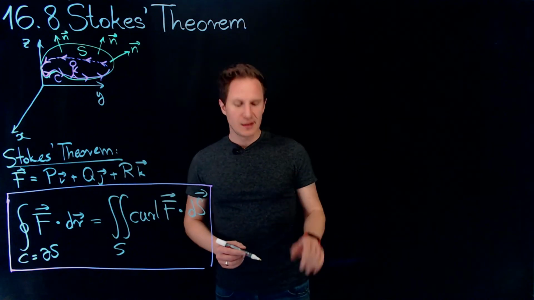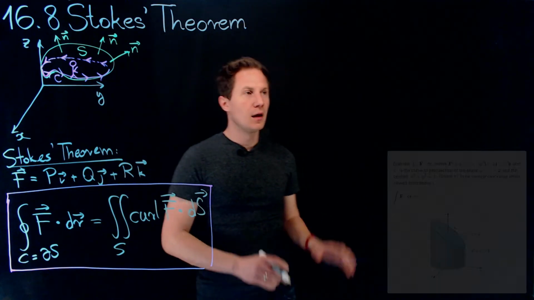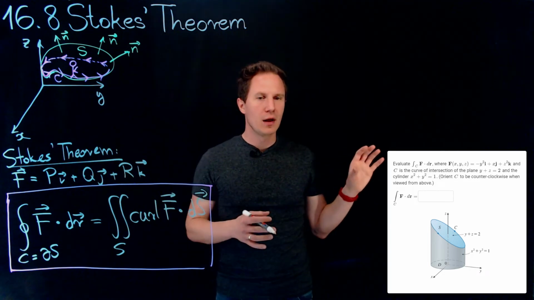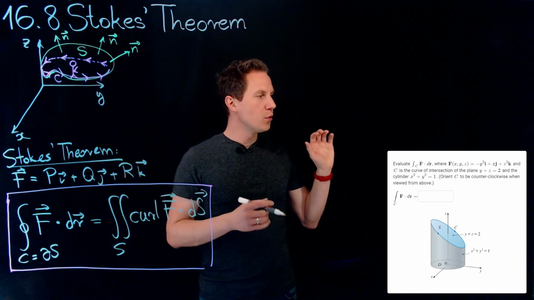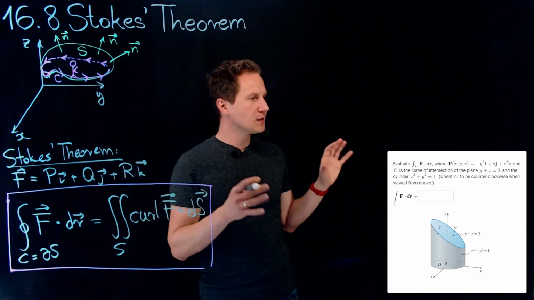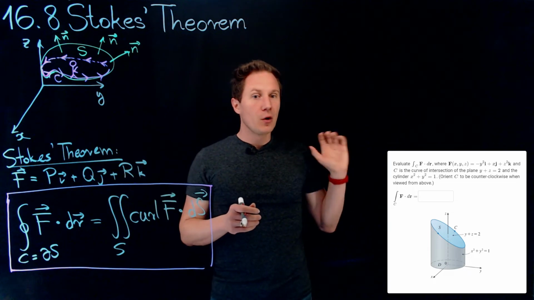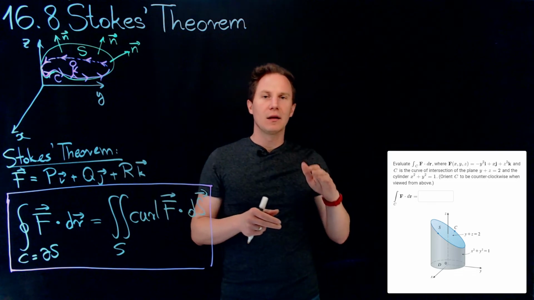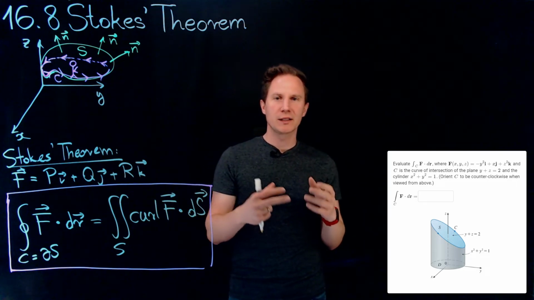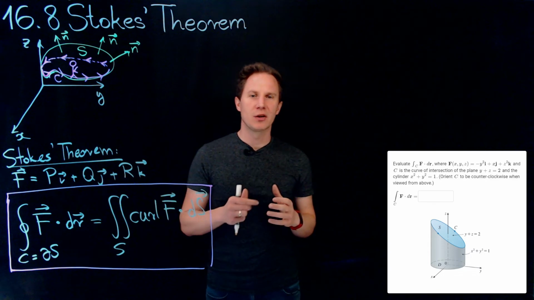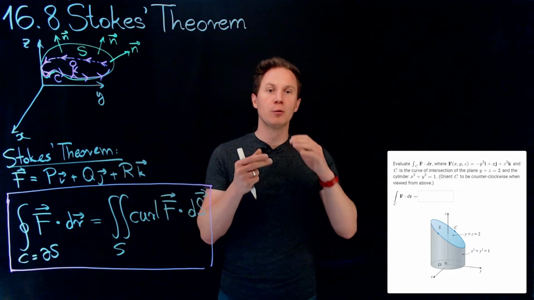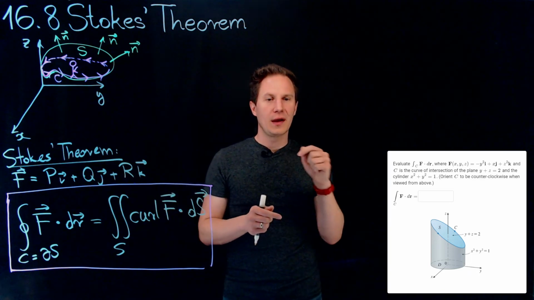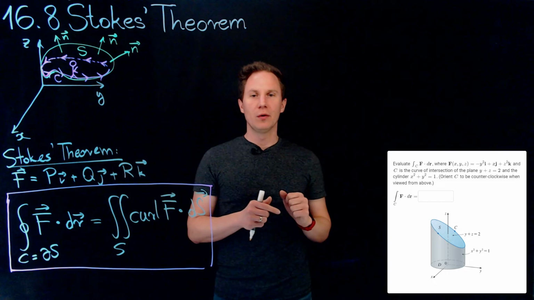So let's see an example. Here is the following question or task: to evaluate the line integral of a vector function f of x, y, and z with components minus y squared, x, and z squared along a curve that is the intersection of a cylinder with a plane. So the cylinder has the equation x squared plus y squared equals 1, and the plane has the equation y plus z equals 2. With the intersection we get this ellipse, and it has a certain orientation,